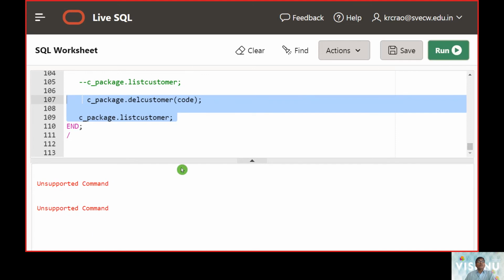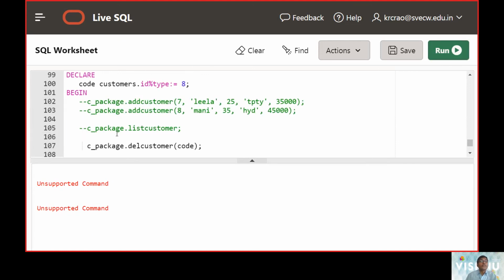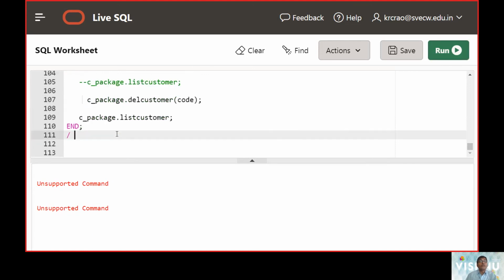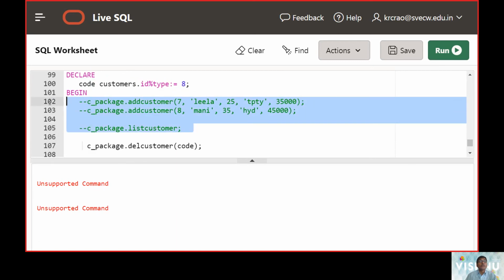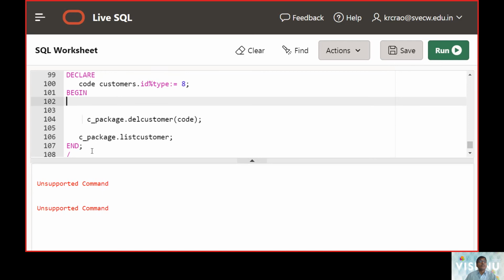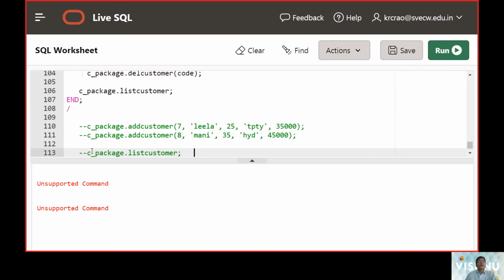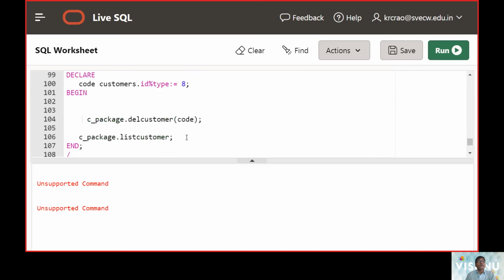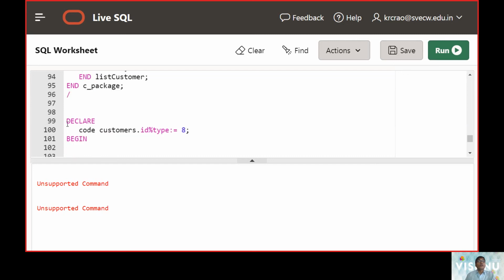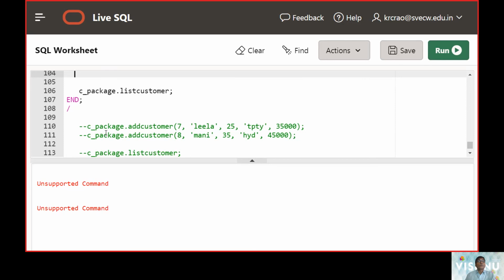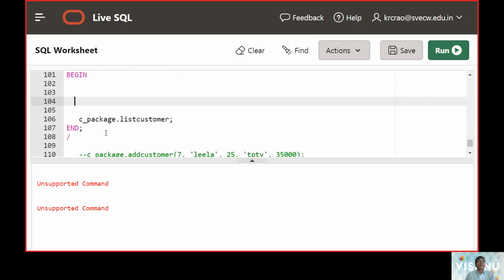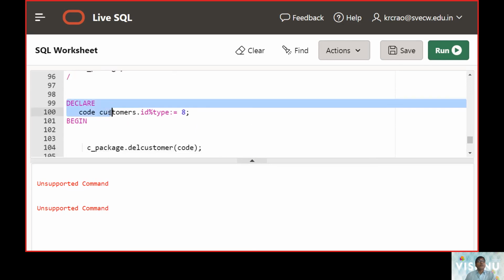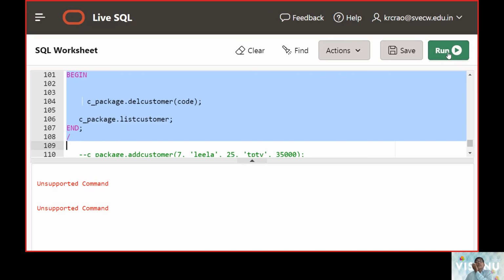Now the command says it is unsupported. So we will remove this in this case, and now we will select this entire body here.